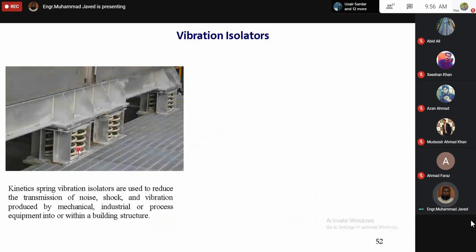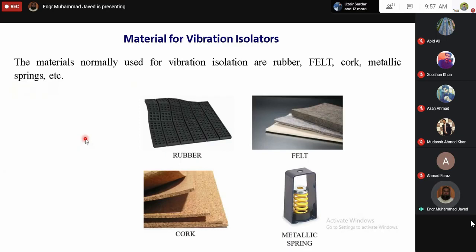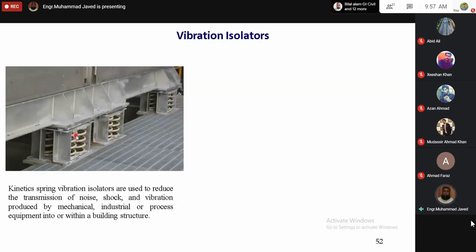Here an example of the metallic spring is given to reduce the vibration produced by a machine. यहाँ पर एक मशीन के नीचे ये जो स्प्रिंग लगाए गए हैं, इनकी स्टिफनेस काफी फ्लेक्सिबल होती है। Consequently मशीन ऑपरेशन के दौरान जो वाइब्रेशन प्रोड्यूस करती है, ये इसको यहीं पर रिड्यूस कर देती है और नियर बाई एरिया में उसका बहुत कम इफेक्ट ट्रांसफर होता है।